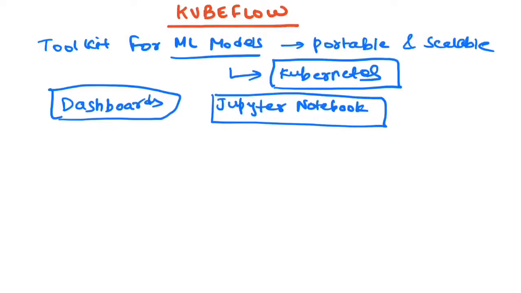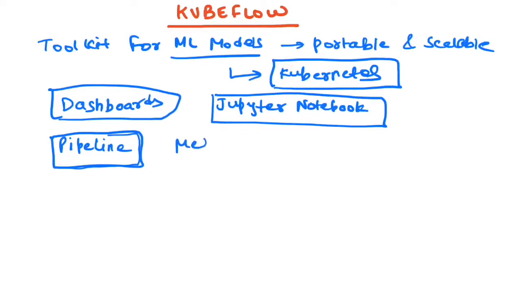Then we have a different component, which is the pipeline. We will discuss the pipeline in a little more detail in the next half of the video also. But a pipeline is kind of stitching your workflow, how your model should work. Let's say you have a data extraction process, pre-processing, transformation, then your model is running, then it's generating some output which you need to post-process. So there may be different steps involved in your model pipeline. A pipeline consists of all these steps bundled together in a workflow. So that is my pipeline.